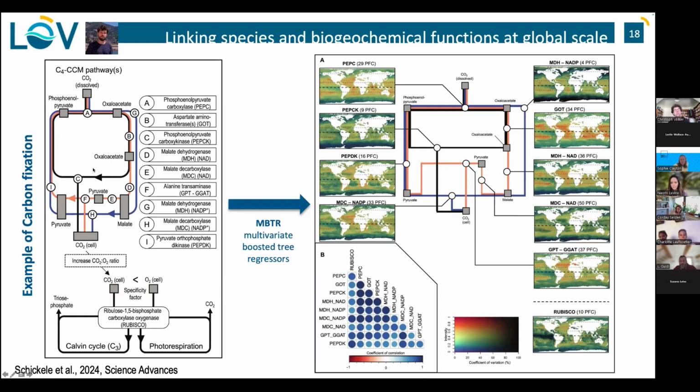So you need to take that into account. You don't want to predict individual enzymes or metabolites. You want to predict the distribution of a total pathway. So we used for that something that came up when we did that paper. I think the method came up in 2022, and we used it in that paper in 2024, which is called the multivariate boosted tree regression.